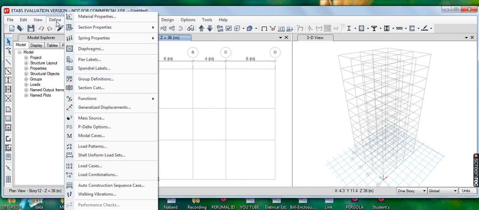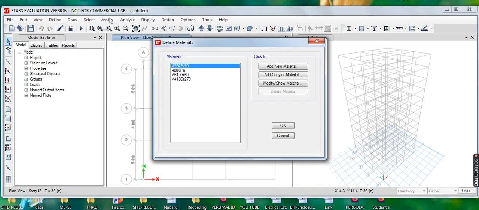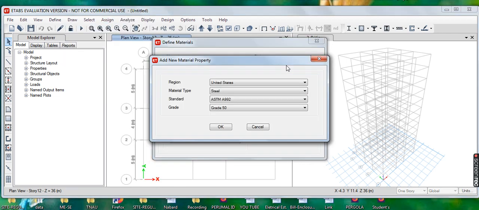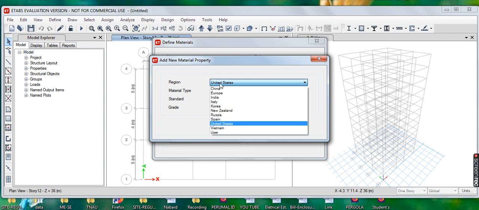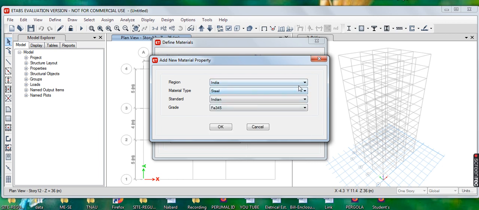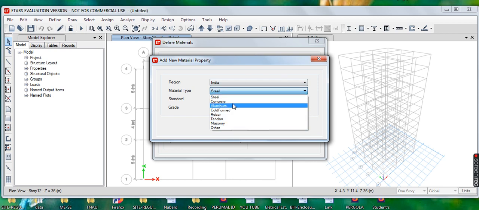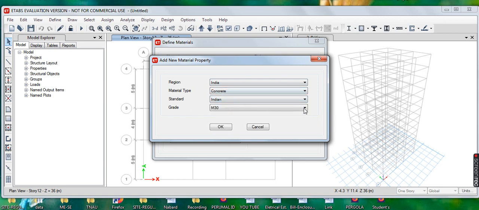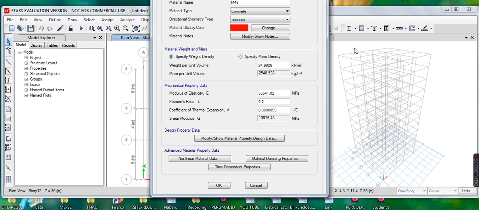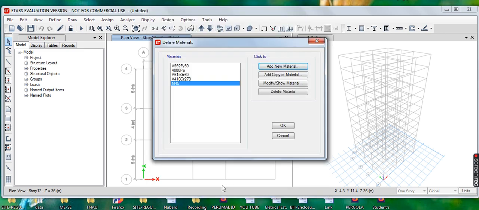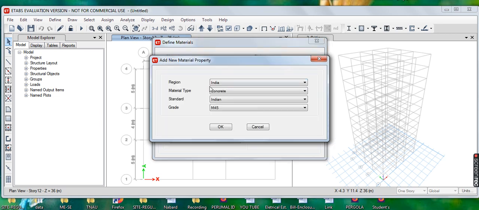Let us define material properties first. Add new material in the region India and material type. The first material type is concrete and standard Indian and grade of concrete. We are using M40, M45 concrete. Okay. Now all other default values are agreeable. Let's click on OK and add new material,